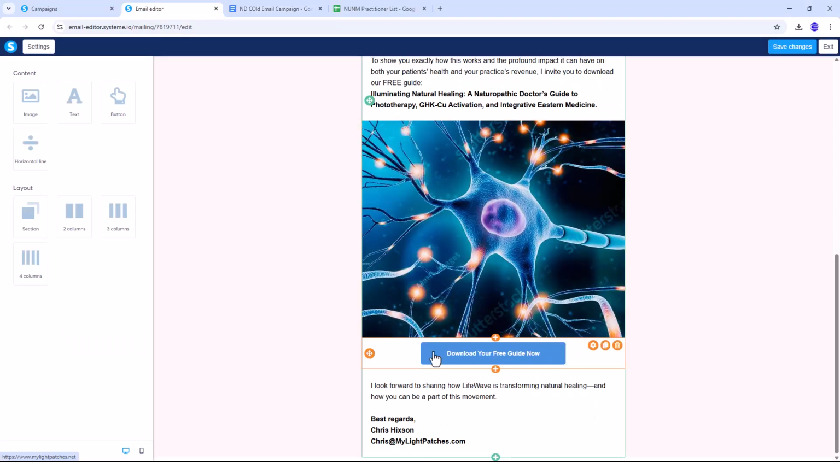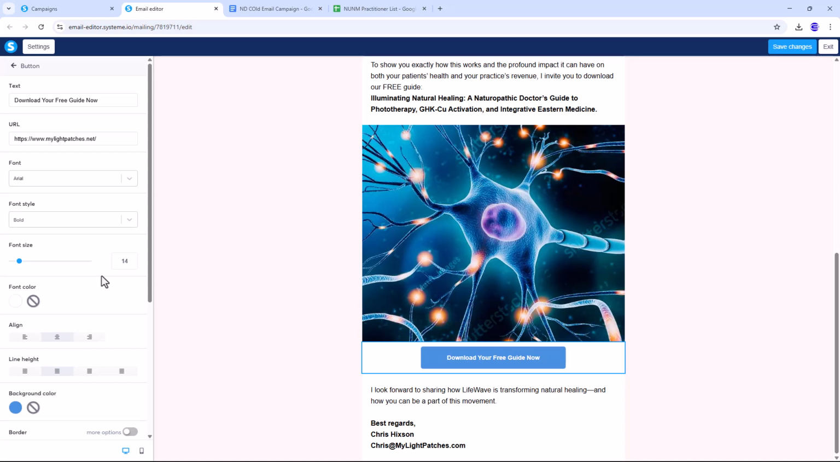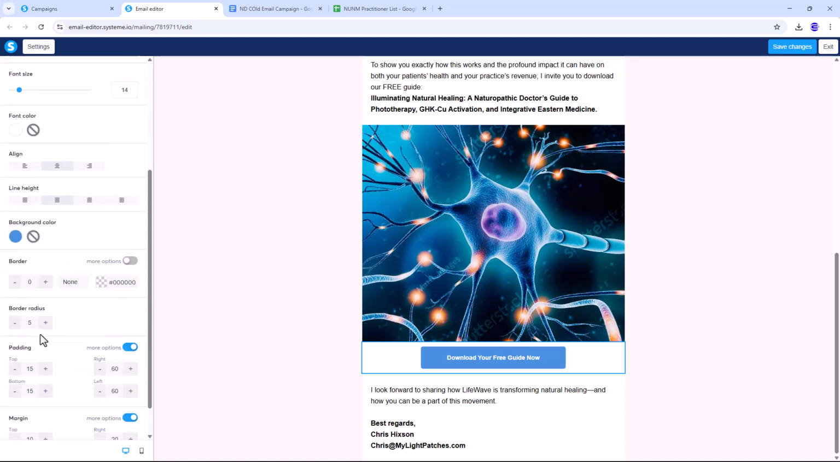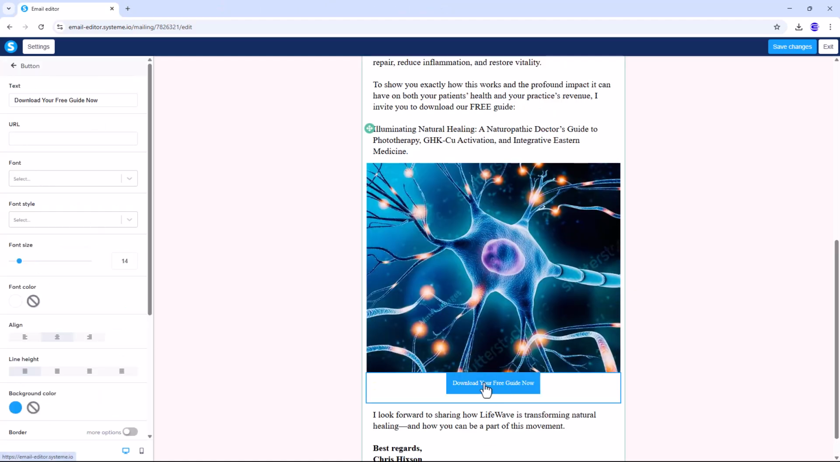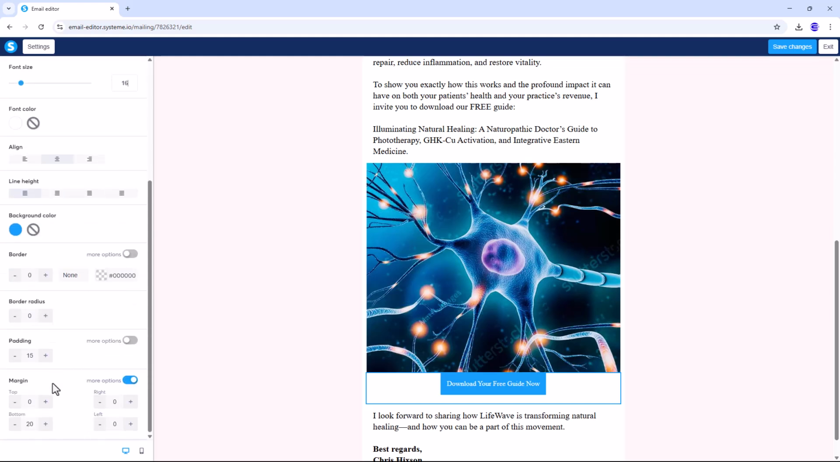So for making it, just click over here, I will see the properties. So here we use font size is 14 pixel and we use some padding 15 pixel from the top and bottom and 60 pixel from the right and left. So we will do the same thing. So click over here, make the font size into 16 pixel, and from the padding just click here more options, from the top and bottom we make it 15 pixel, and from the right and left, okay, make it 60,